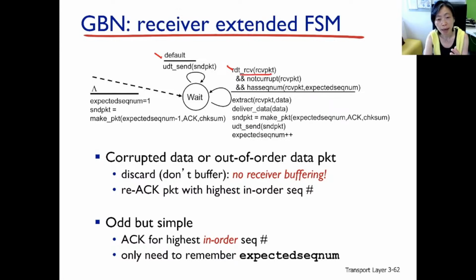First is getting a packet from the network layer, and it's not corrupted, and it's carrying the expected sequence number. Hey, this is the data packet we're expecting. So extract data out, pass it out to the application layer, generate the ACK packet, send back the ACK packet, and then increment the sequence number. So this is in fact the only significant event that we're expecting. All the rest, what the receiver of Go-Back-N does is just send back the same ACK that has been generated previously.